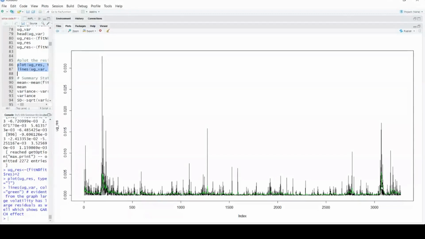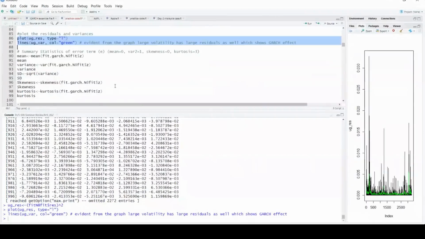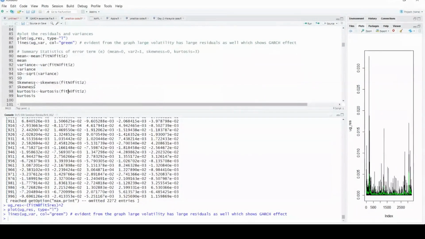Now coming to the summary statistics, how to obtain the summary statistics of the model which I've run. So this is the way we do it. Basically, we're interested in the mean, variance, and then skewness and kurtosis.